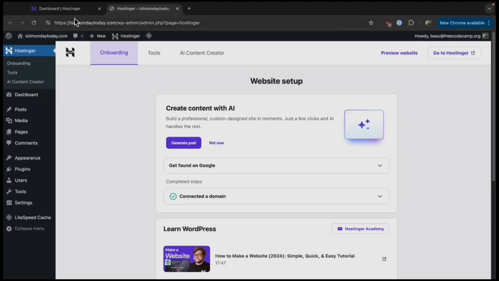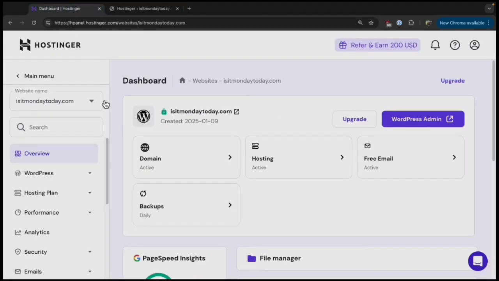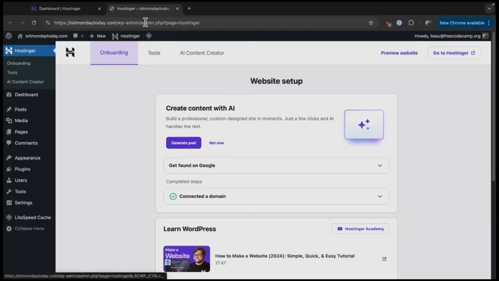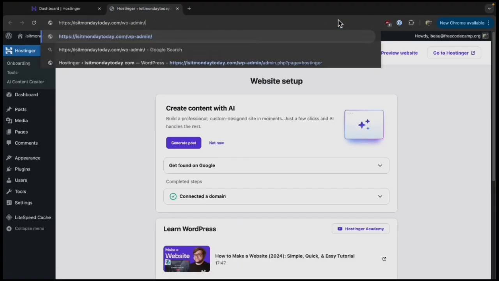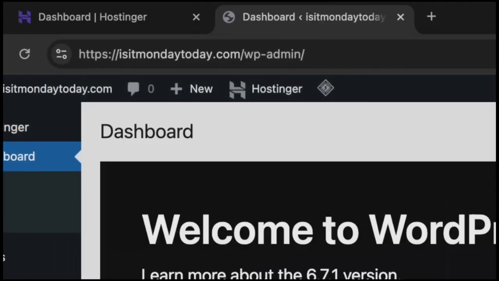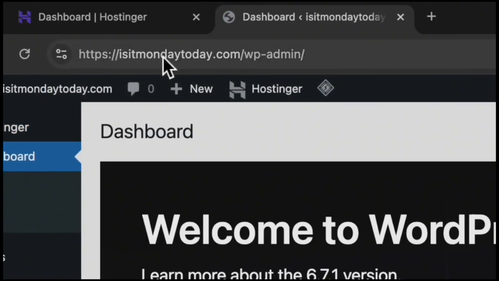And if we look at the URL bar, we see now we have the correct URL, isitmondaytoday.com. And now we can get to the WordPress admin page without even logging into Hostinger. We don't have to just go and click this WordPress admin button. We can actually go to the URL directly. Now I'm going to delete this, and now if we just go to